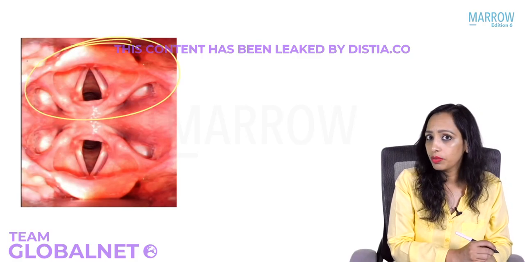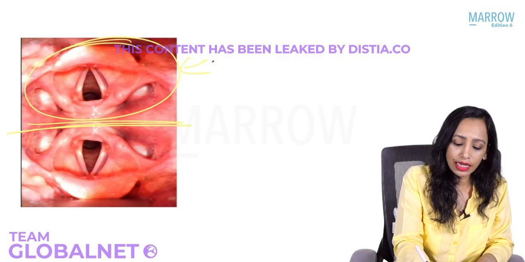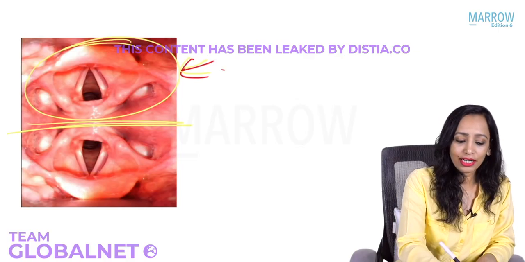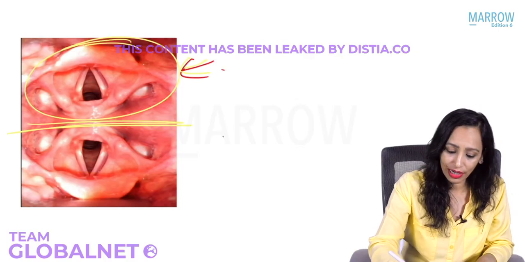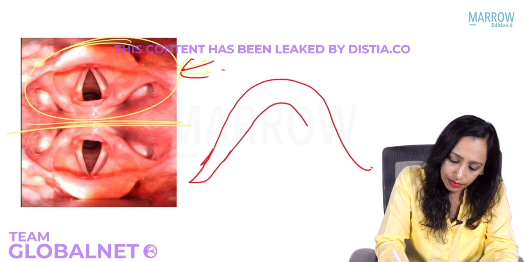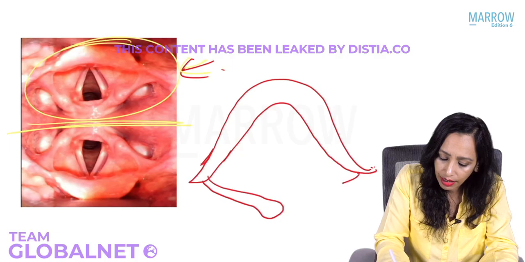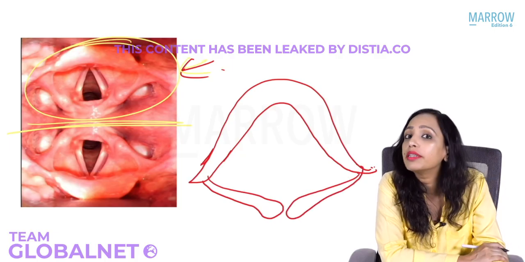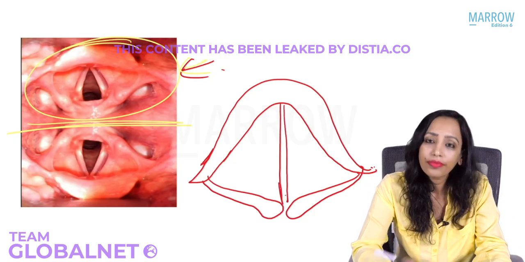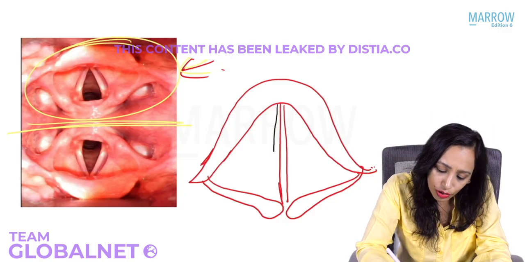We know how to draw the mirror image, right? This is the mirror that we have placed above. So what we will see is the image in the mirror, and this will appear like this, and that is what you always draw whenever you draw the larynx. How do you draw? You draw the epiglottis. We have the aryepiglottic folds and the arytenoid. Is that clear? And then we have the true vocal cords, and sometimes we also draw the false vocal cords lateral to the true vocal cords.